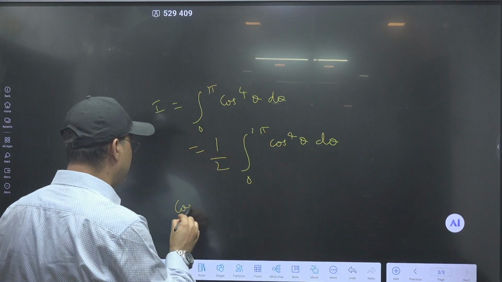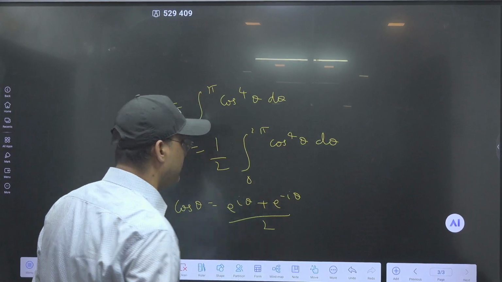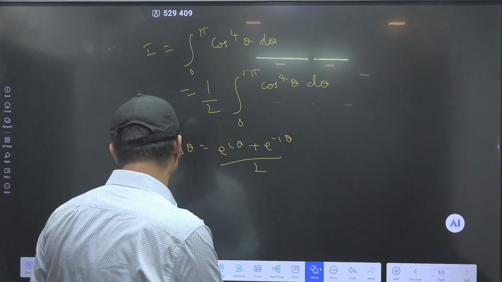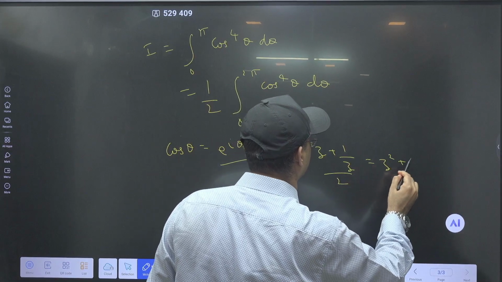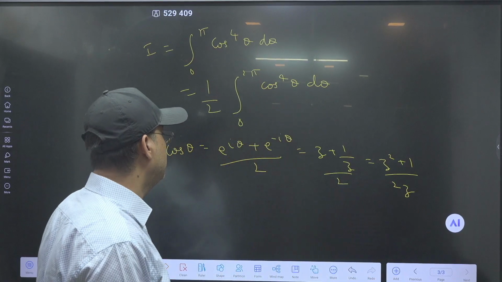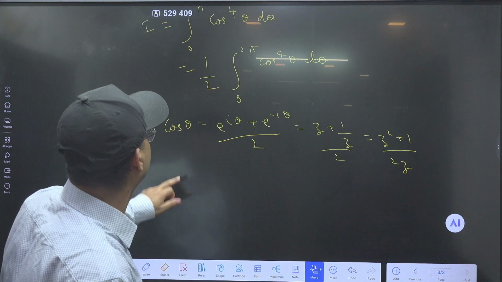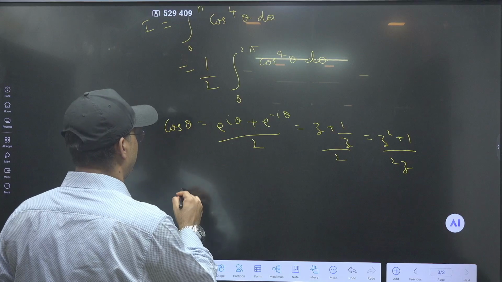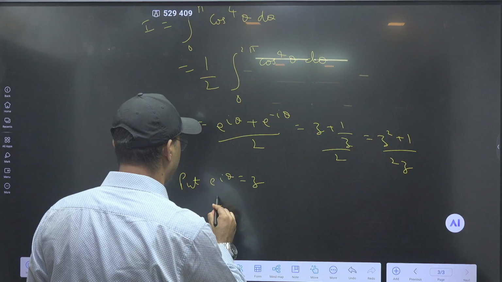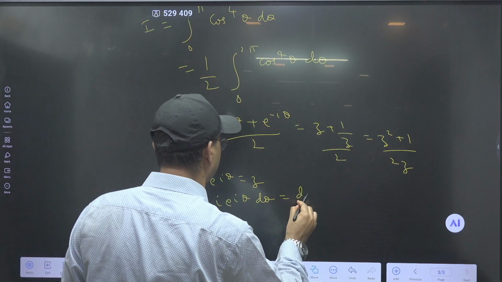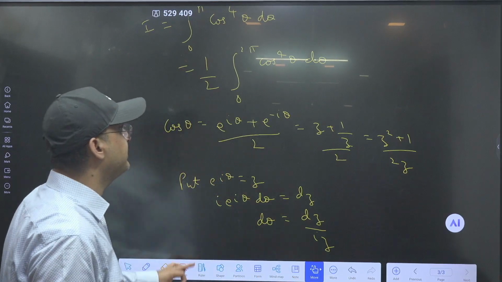Now you see cos theta can be written as e to the power i theta plus e to the power minus i theta by 2, isn't it? Now this can be further written as z plus 1 by z upon 2. So this is z square plus 1 upon 2z. Okay, so I can write this further as, if I put e to the power i theta is z, then what is it? I can write i e to the power i theta d theta is equal to dz. Henceforth d theta can be written as dz upon iz. Okay, so you can substitute over here,